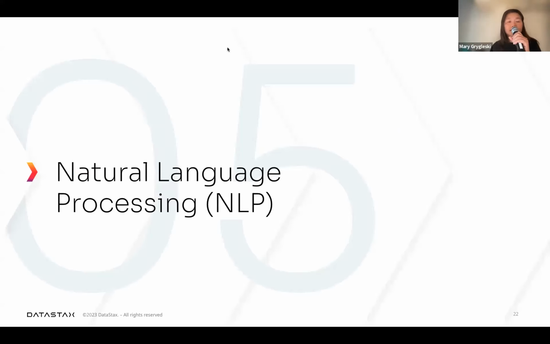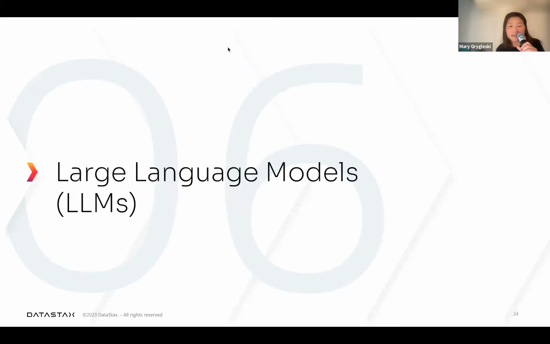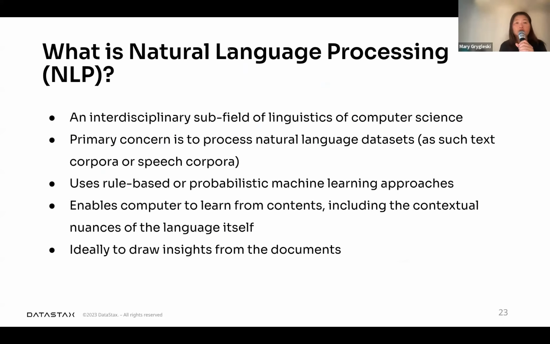So let's take a look at NLP, some of the things that are behind this. Let me go back here. So what is NLP? A quick note: it is an interdisciplinary study between linguistics and computer science. The concern is processing natural language data sets.